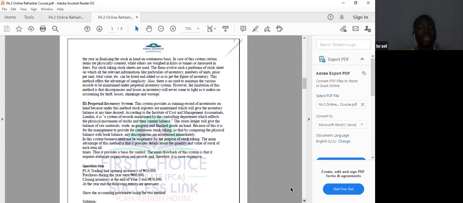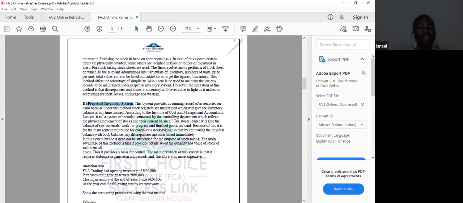movement of inventory. But under the perpetual inventory, the system actually provides a running record of inventory on hand. Under this method, store registers are maintained. It means they have the store register to mark the movement. As things are moving out, they have their own account to show for it. And under this system, what we call the purchase account does not exist